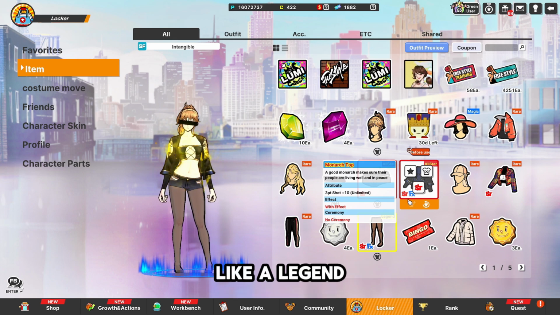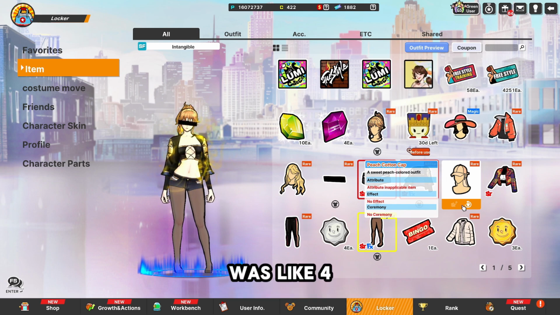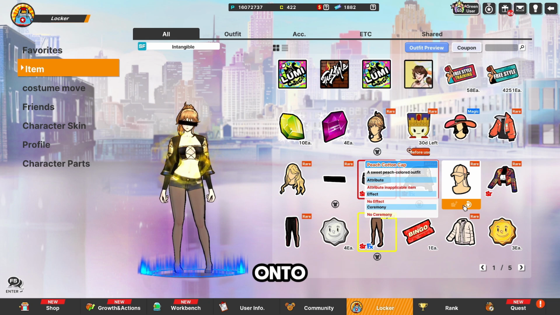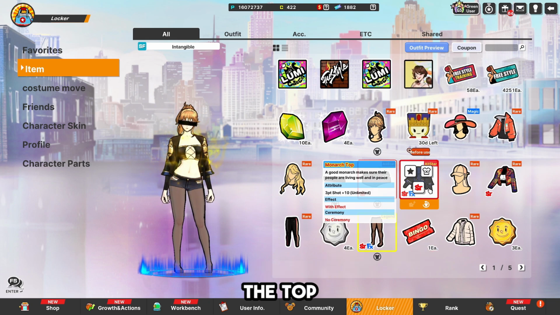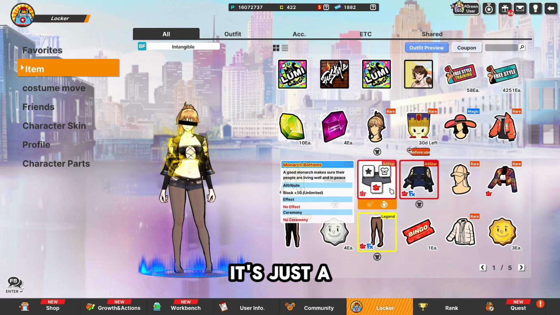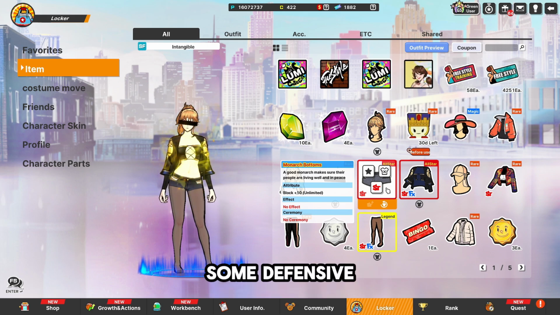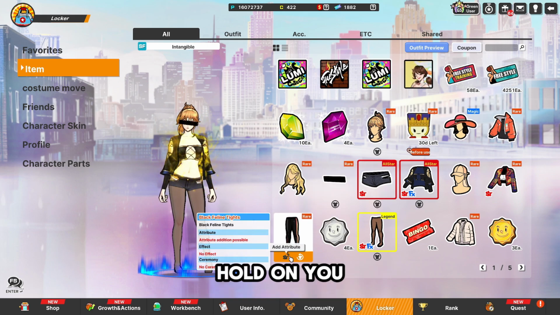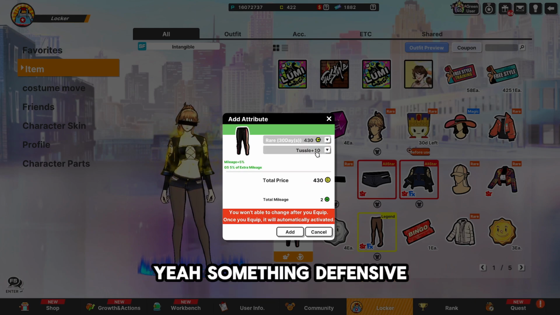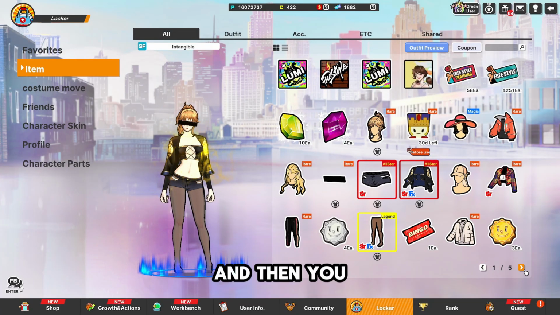If you have a legend, there are usually four variations of drip that you could add stuff onto. If it's just the top, it's a +10 on some offensive attribute. If it's just the shorts, it's a +10 on something defensive. Yeah, something defensive or passing for the pants, something offensive for the top, and then you could have a